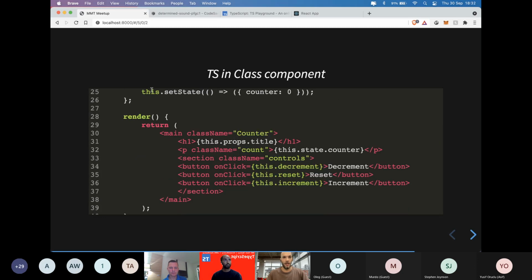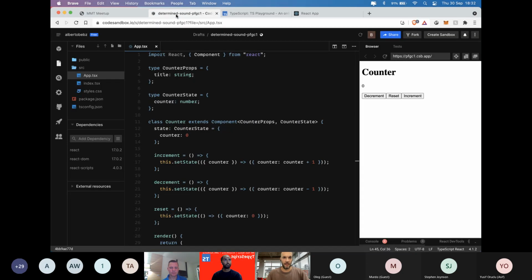and of course we consume it in our JSX. I have the same exact code in a CodeSandbox just to demonstrate the benefit of using TypeScript with React. So we have the application here. I'm basically defining the shape of our props and the shape of our state.